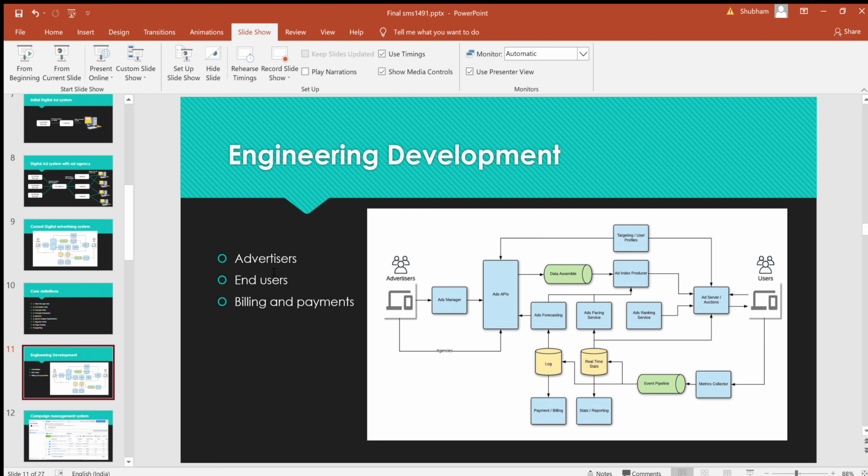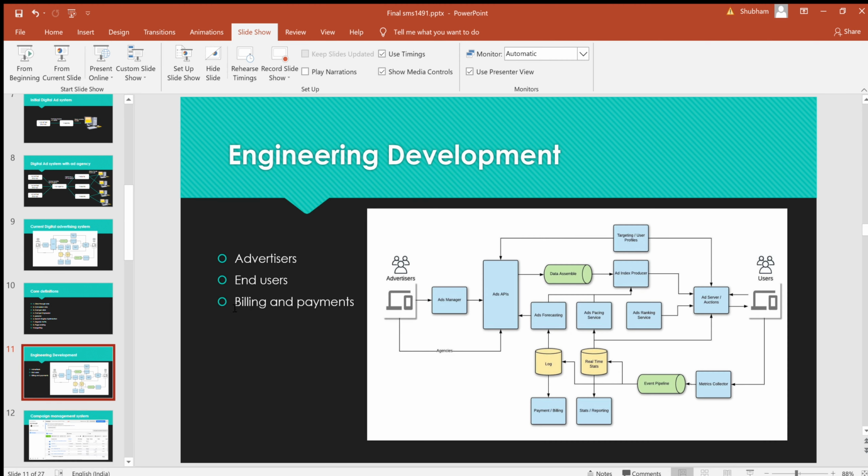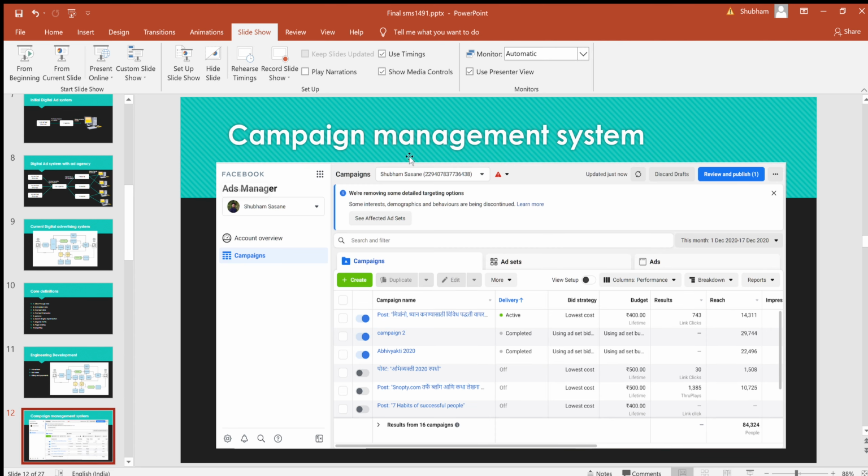So we looked at the advertiser, which is present here, the end user here, and billing and payment can happen here in the ad manager. So the campaign management system, which is present here between the advertiser and system, looks like this. This is the Facebook campaign management system, where you can manage the campaigns. You can create the campaign, you can duplicate the campaign, you can see all the data of previous campaigns.